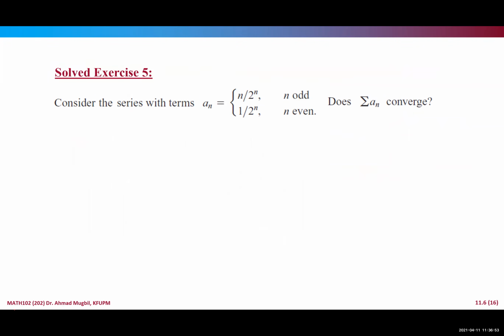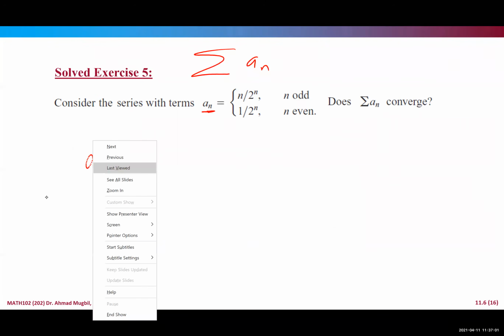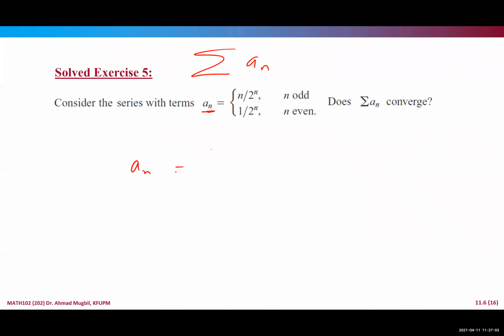And this is an interesting one. We have here a series a_n, and this is the nth term of this series. What is it? It is n over 2 to the power n if n is odd, and it is 1 over 2 to the power n if n is even. Now you will think about deciding the convergence by using the